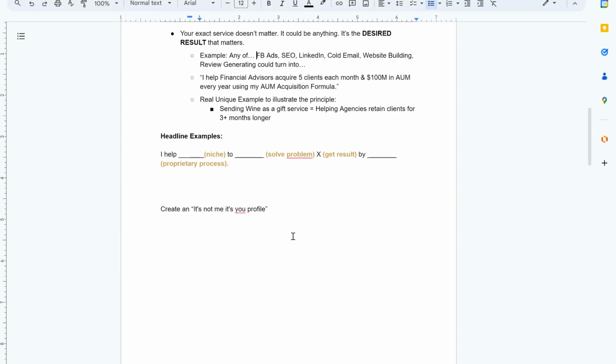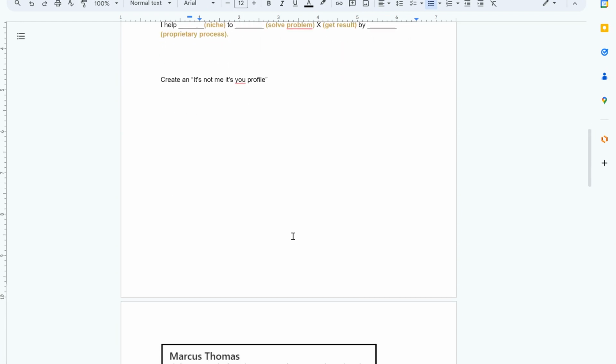So here, instead of it being a me profile, we're creating a them profile so they can really see it. It's not a me profile, it's a you profile, because a lot of times on LinkedIn, it's based off of that resume approach. You feel, I've done this and I've done that, but nobody really cares when it comes to that. That was how LinkedIn was in the past, but now it has changed drastically. So this is why we approach it this way.